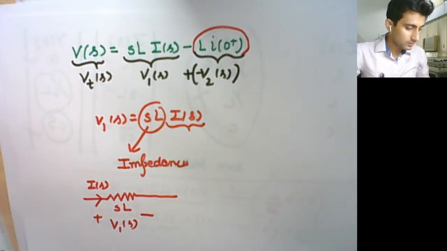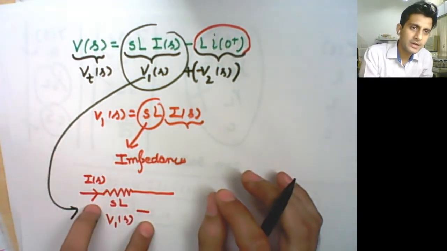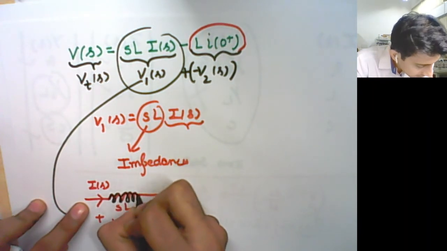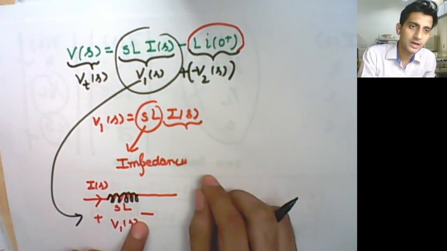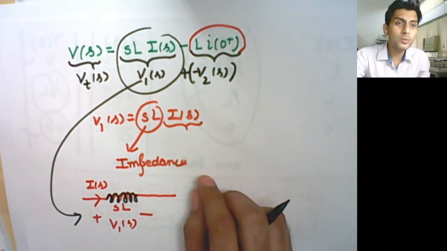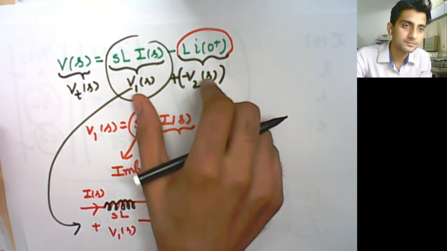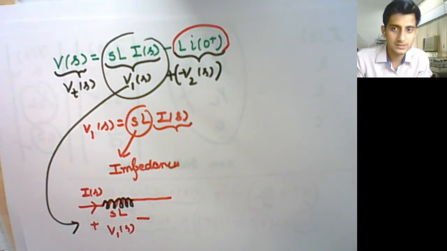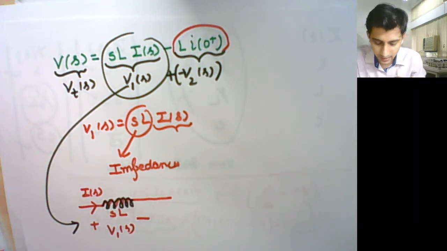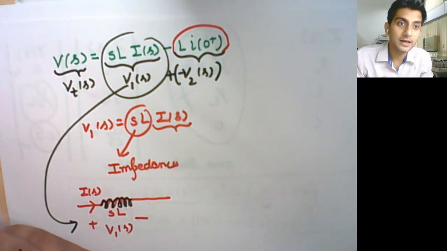Okay, so this particular thing we have written in this form, that I can take it as some impedance of value SL. In fact, because it was because of inductance, I can take it as the impedance contribution because of inductance with value SL. Current Is is flowing through it. Okay. How do you add two voltages, by putting them in series or putting them in parallel? How would you add two voltages? Do you add voltage sources by putting them in series or in parallel? In series. Exactly. And putting voltage sources in parallel is a crime.